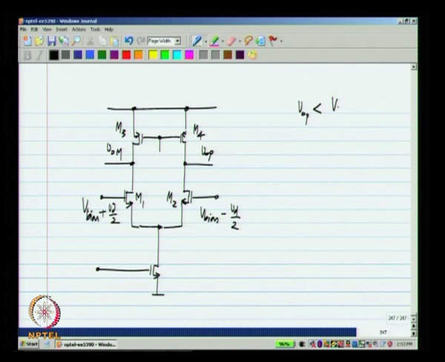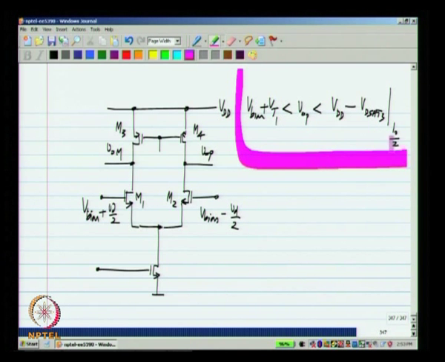The limit on VOP is VDD minus VD sat 3 for a current of I naught by 2 on the upper side, and on the lower side it is V bias plus Vt of M1 and M2. Okay. I am assuming that the signal swing Vd is so small that it does not affect the limit. Okay. So, this is the case.